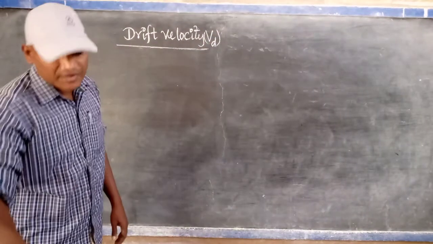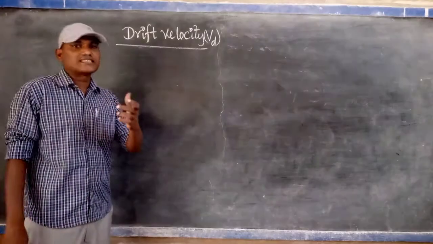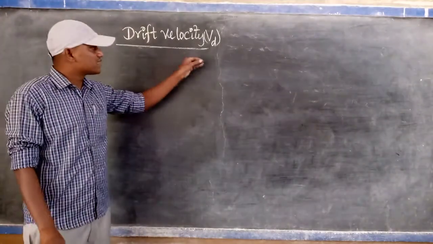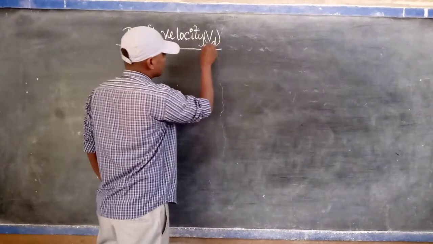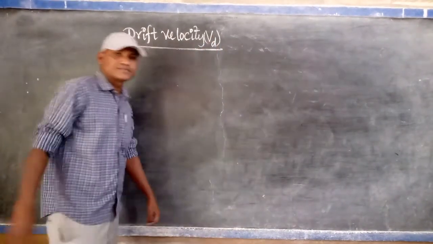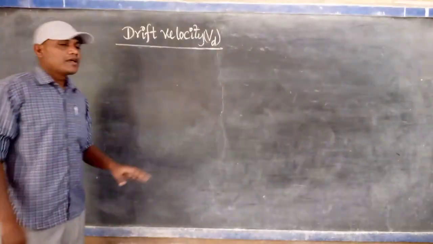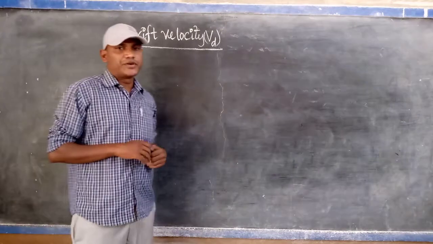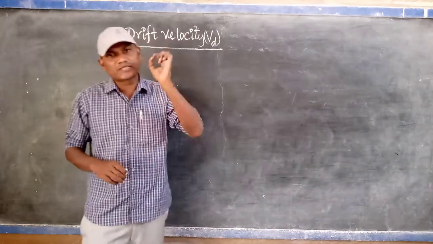What is drift velocity, and what is the necessity to discuss drift velocity in the chapter on electric current, or current electricity? What is the necessity? In our previous video, under the Lorentz group theory, I clearly explained to you,